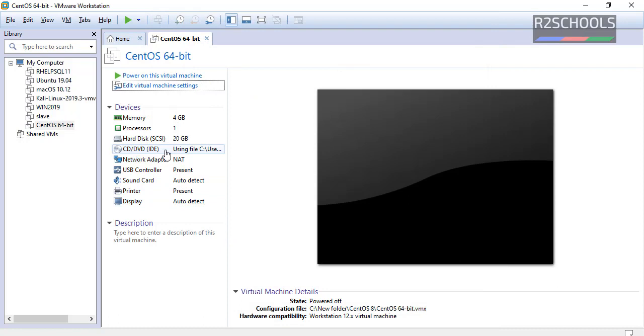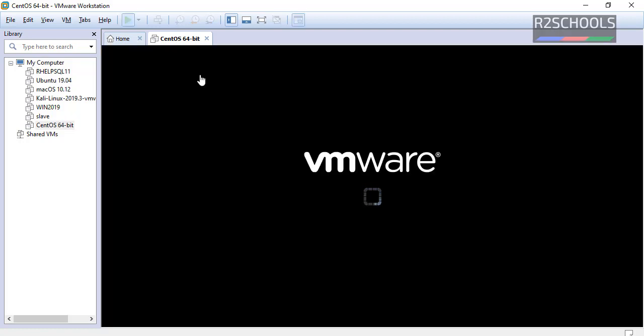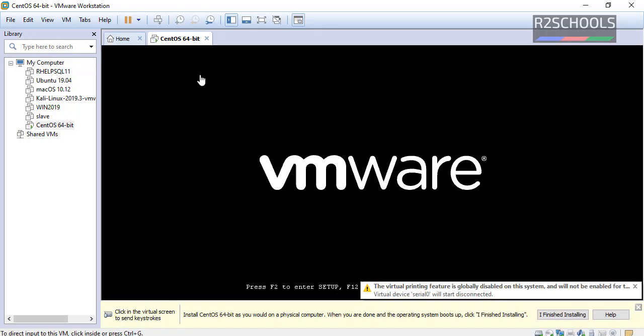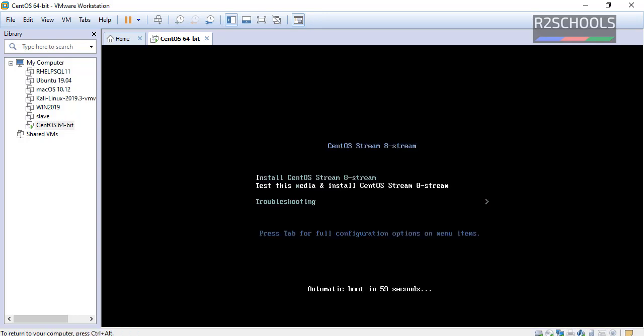See, now the ISO file is attached. Then click on power on this virtual machine to start the actual installation of CentOS on VMware Workstation. Select the first option and press enter.